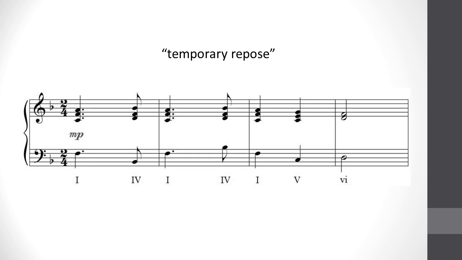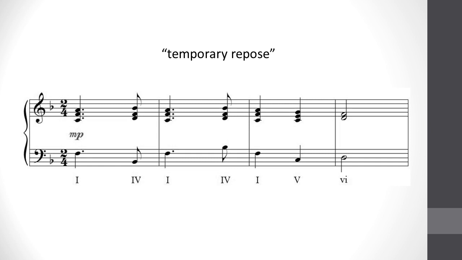This piece is in the key of F major. The last two chords in this example form a deceptive cadence. Our ears are expecting to hear a 1 after the 5, but instead we get a 6. If you remember from Lesson 2, the 6th chord can function as a tonic and can therefore be a substitute